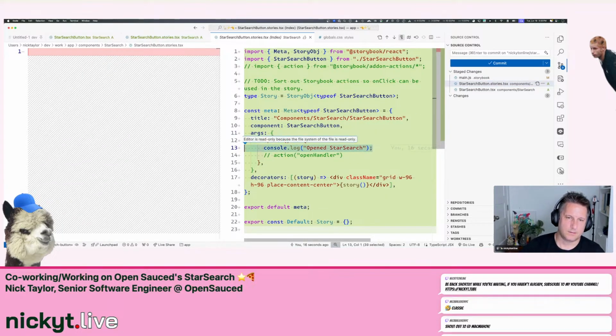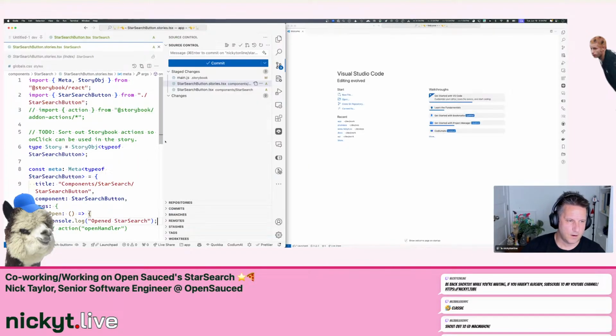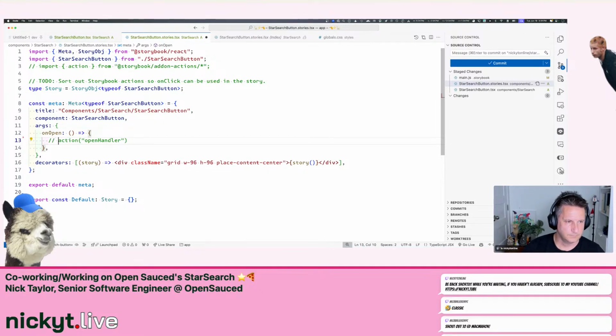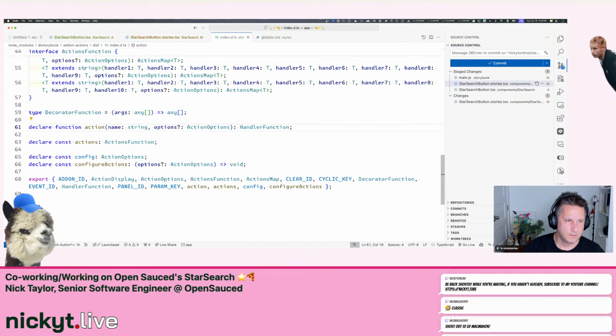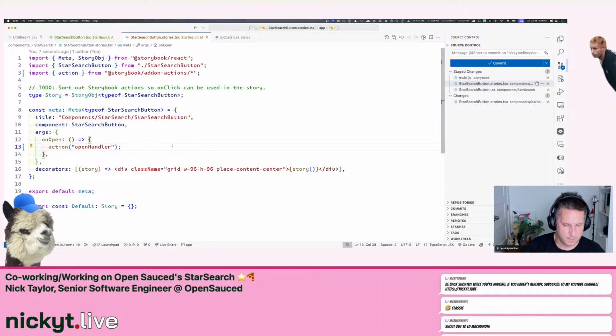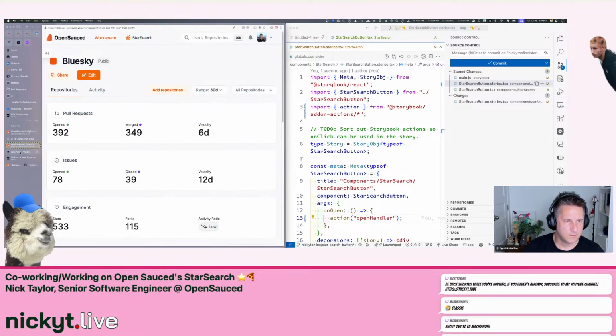Action, open handler. I just don't want to harp on this too long. Okay, action cannot find. Yes, it's coming from here. And I just want to make sure, go to definition. Action name, string, options. Okay, it's definitely there. Try this one more time. If that doesn't work, then I'm just going to go,